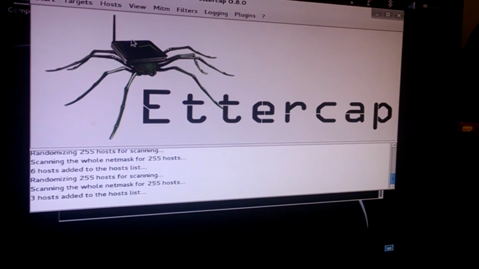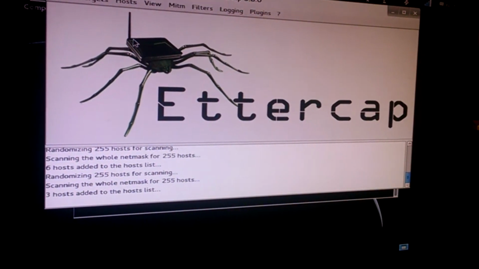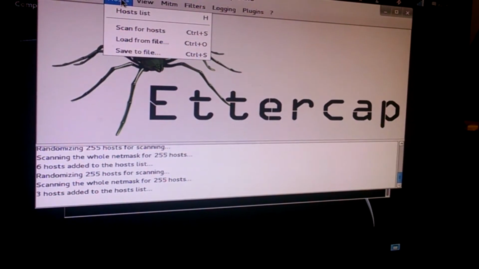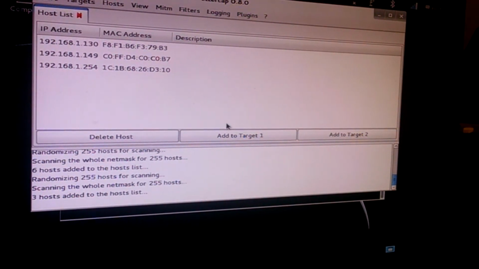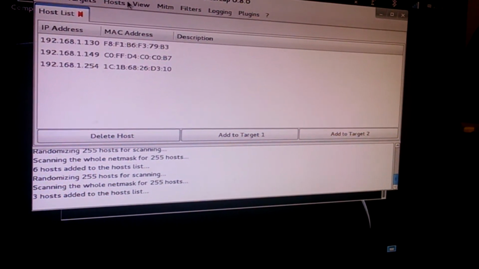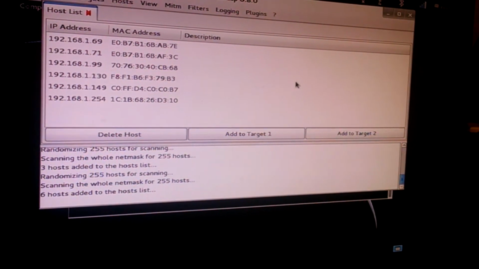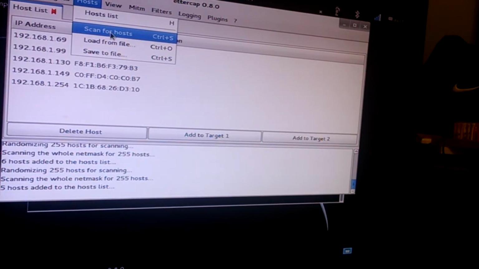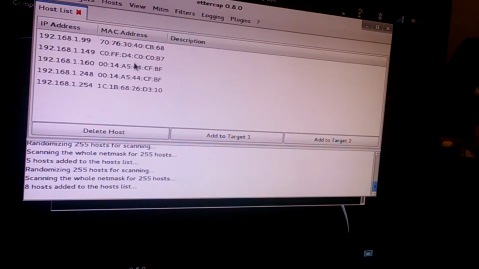For me, I've already picked my targets, which is another computer I'm using, as well as the gateway that that computer is using. And so we go to hosts. We're going to pick host list, and we're going to see all the hosts that are available right now. Okay. Alright. Like I said, it might take a couple of tries to finally get the host that you do want,